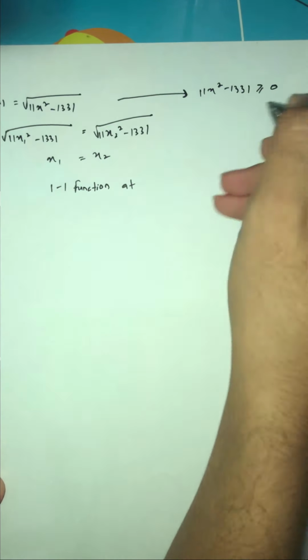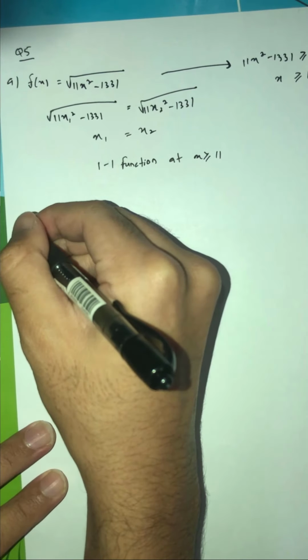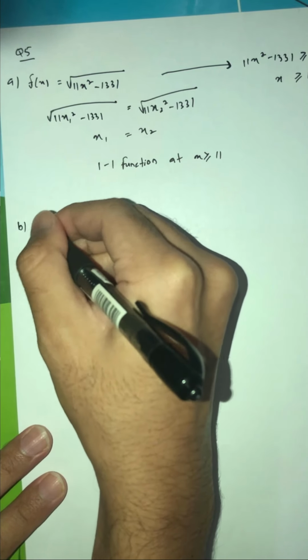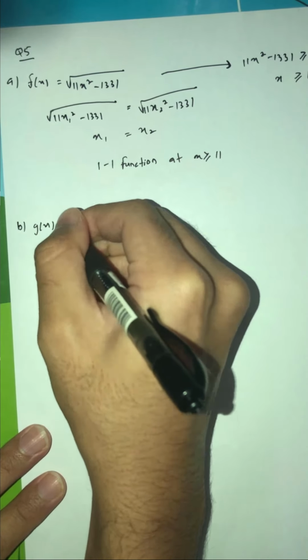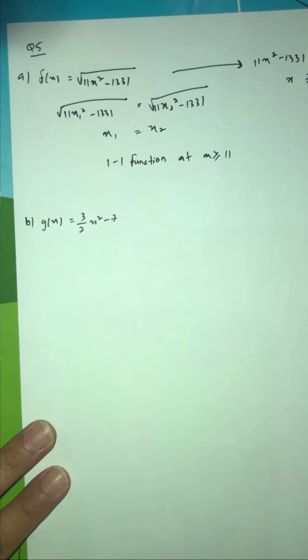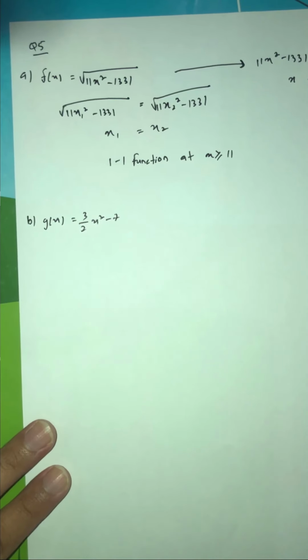Okay, now let us see question 5 part B. The function is g(x) equal to 3/2 x squared minus 7. Now let's see, we do the same thing, we equate both sides. x1 squared minus 7 equal to 3/2 x2 squared minus 7, right? And you will get,